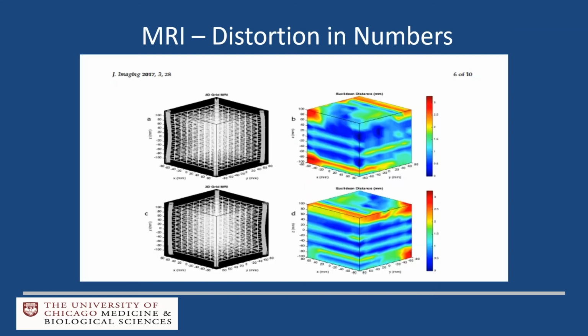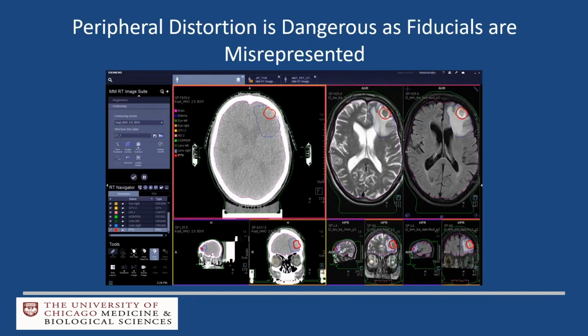And what really happens is in this picture, you can see that the distortion is not linear, not evenly distributed. It is at the edges of the field of vision. And you can see on the right, the heat map. That's exactly where your fiducials are. Or if you have a very superficial structure or lesion you want to attack, the MR distortion can actually be quite relevant. And I'll show you an example on the next slide, where this was actually for radiosurgery